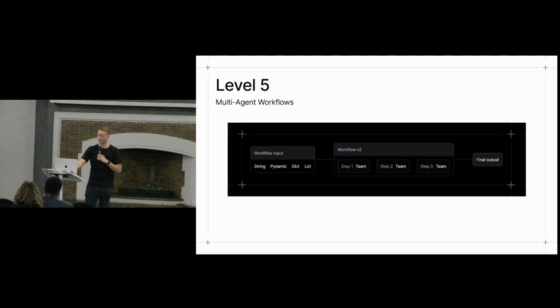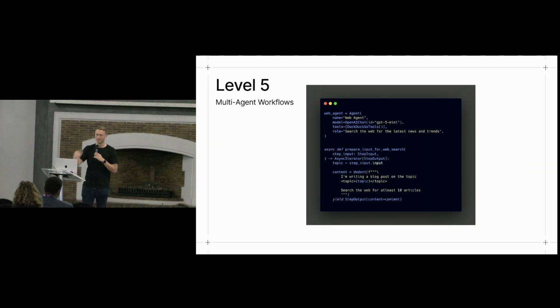All right, this is a diagram that shows how it works. It takes various forms of input, and then the workflow itself consists of various steps until you get the final output at the end. All right, this is over 3 slides. So here we define a web agent, and we give it DuckDuckGo tools again.